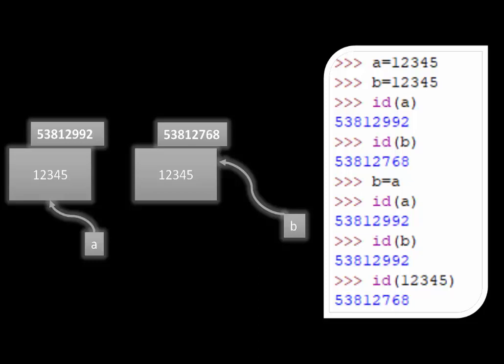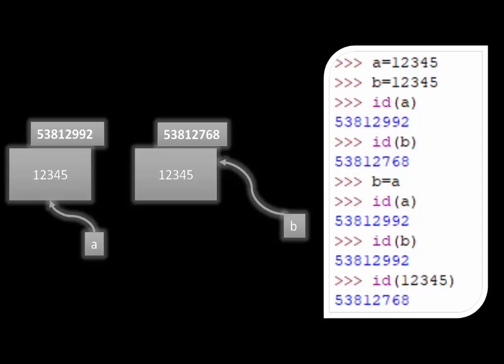When you say B is equal to A, B will now point to A's location. Now if you try to print the ID of A and B, it will be same. Always you must remember, by default, please register this in your mind. The moment you say a variable is equal to another variable, and if the RHS variable is already having a value, then the LHS will only point to the location of RHS.